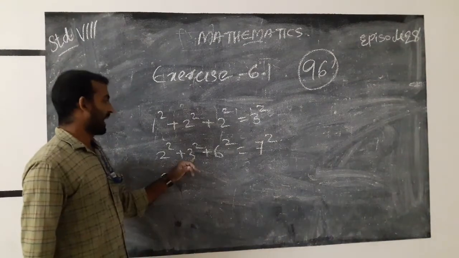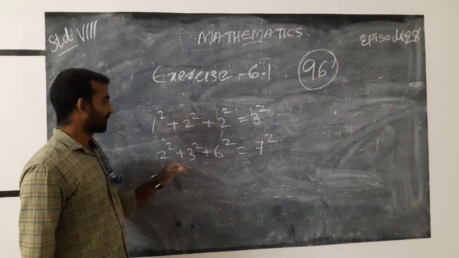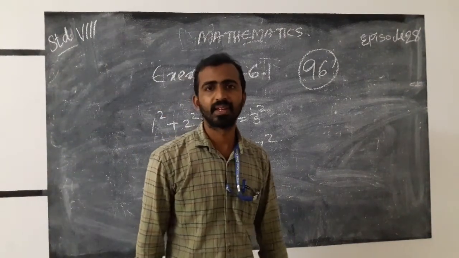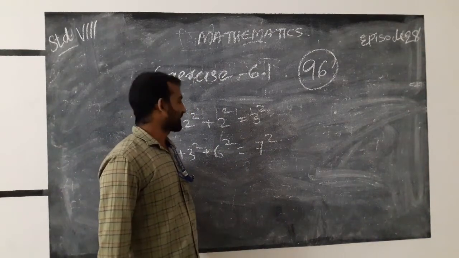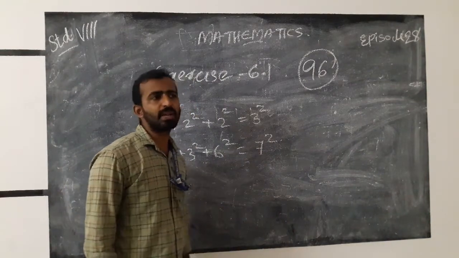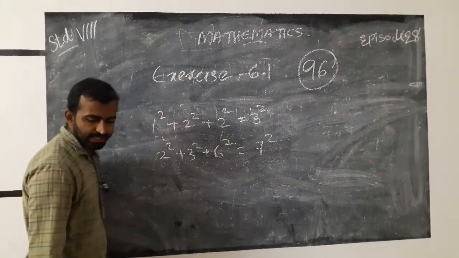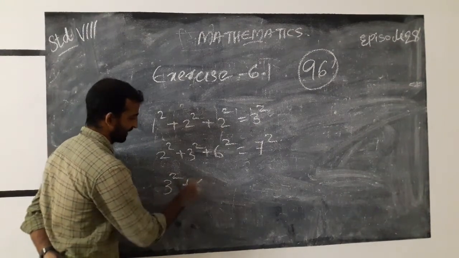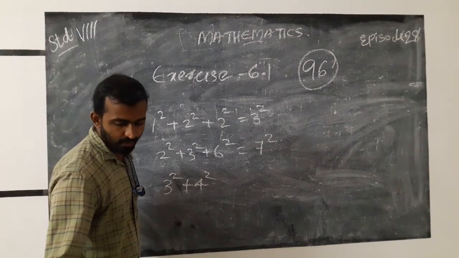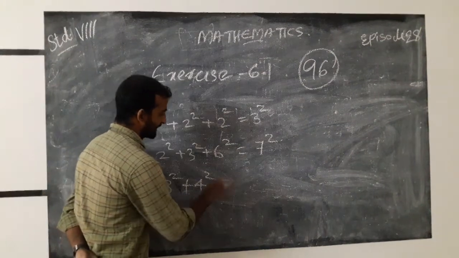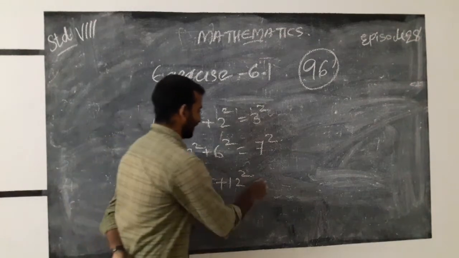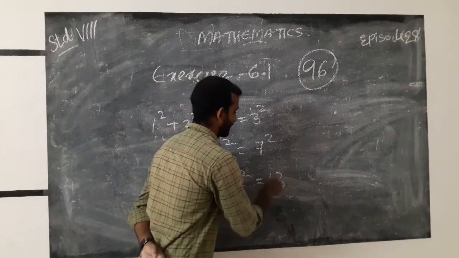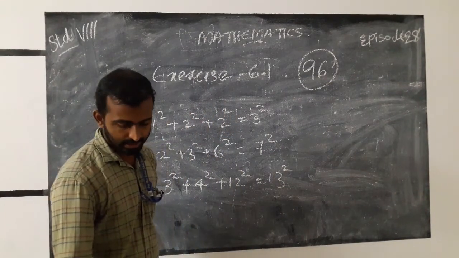That is here 4, 9, 13. We get 13. 13 plus 6 square. We get 36 plus 13 we get 49. That is 7 square means 49. And next one is, what is 3 square plus 4 square? 3 square plus 4 square plus third square equal to, what is 30 square? 30 square. And next pattern is